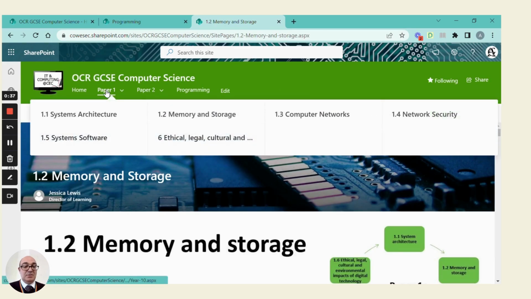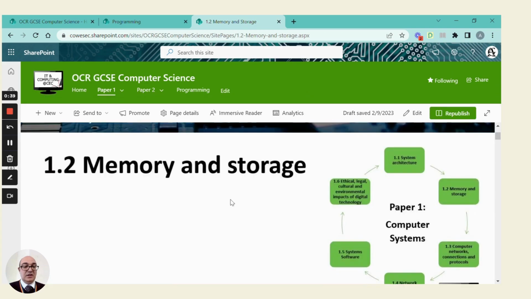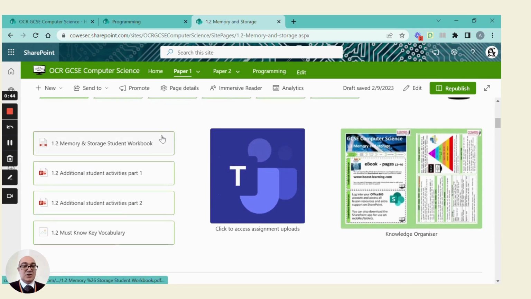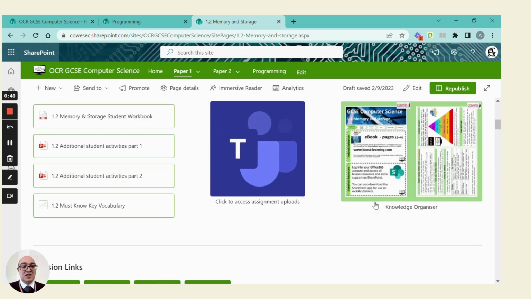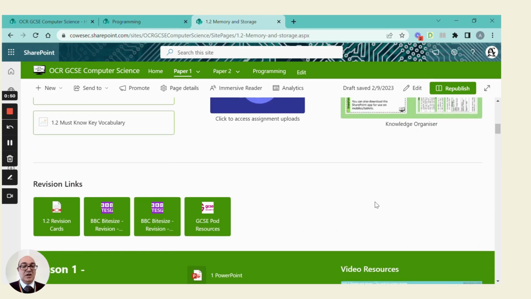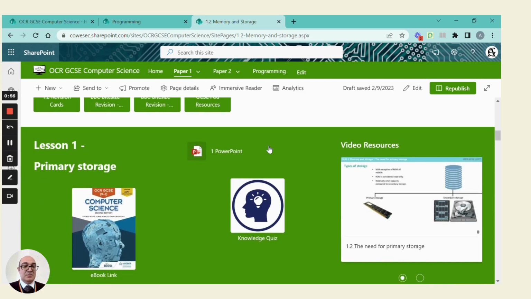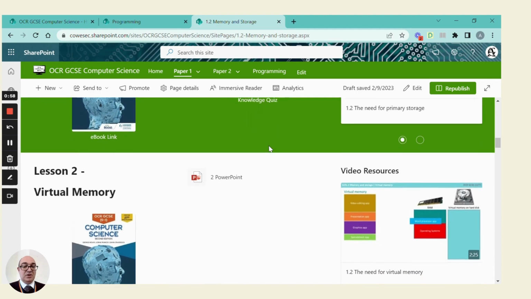And as we dig deeper here, you can see quick links there at the top. You can access all the stuff that we have in class. The workbook will be printed off for you in class, and that's how we'll be doing our work. And the knowledge organisers are in class, but you can have access to those here, along with revision cards and links to Bitesize and GCSE Pod.